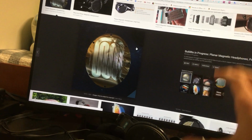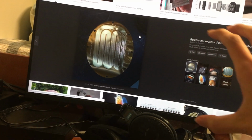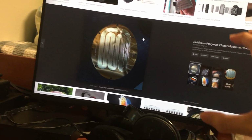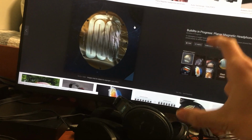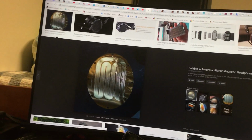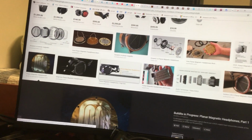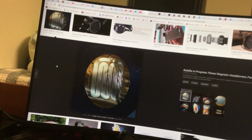But if you don't tension the driver too tight, then the control over the driver isn't as strong as you would get by tensioning it tight, and as a result, the high frequency response won't be as good. So what this means for a planar magnetic driver is that each planar magnetic driver has an optimal tension. If you tension it too tight,